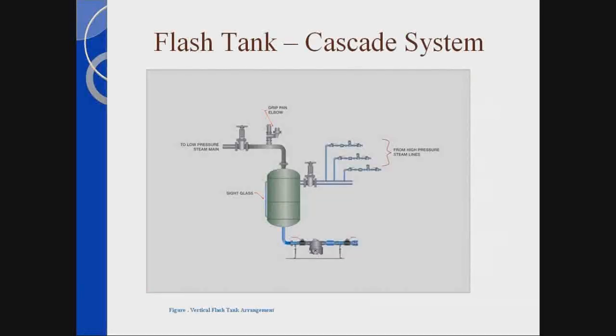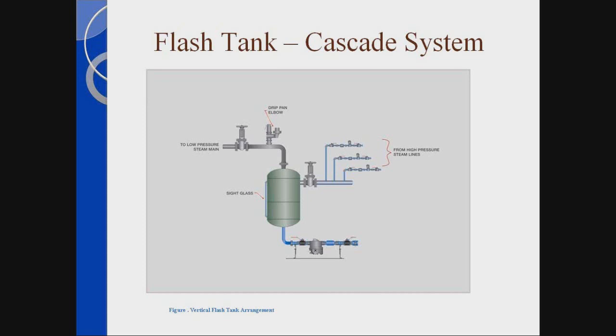The common tank arrangements, what's shown in here, is the high pressure drains coming into the tank on the right hand side, draining into the tank, separation occurs. Flash is coming out, going to a lower pressure steam system. And in certain applications, we're putting in safety relief valves because we are adding extra volume of steam into the